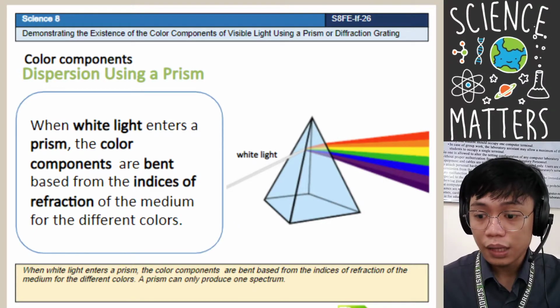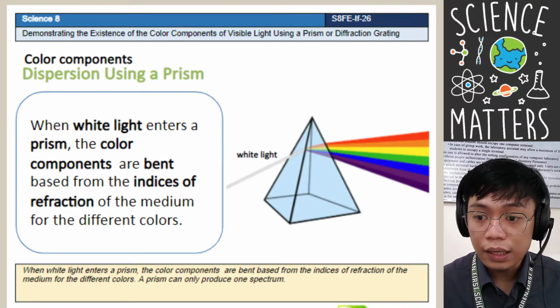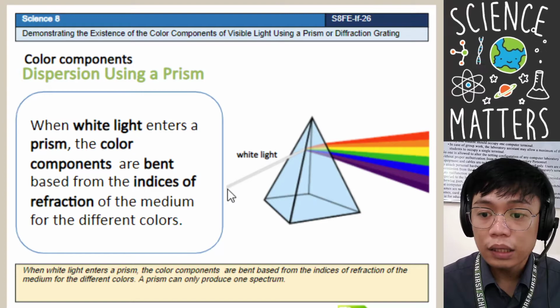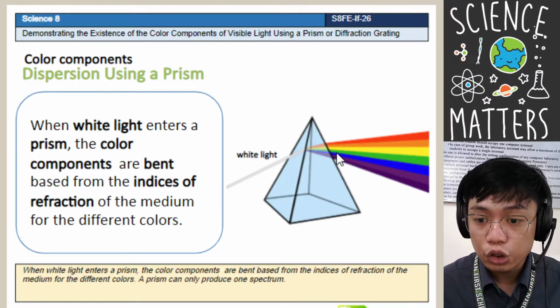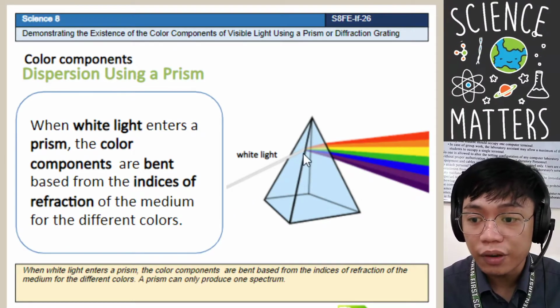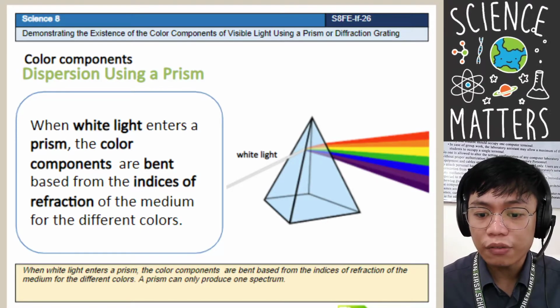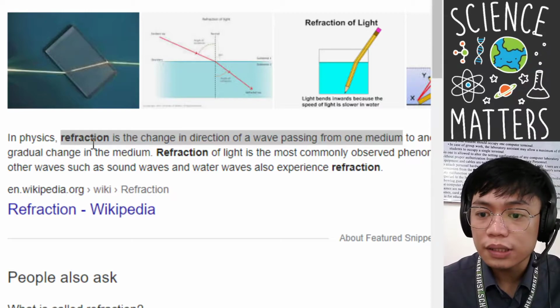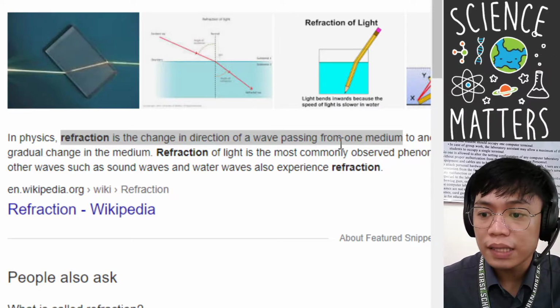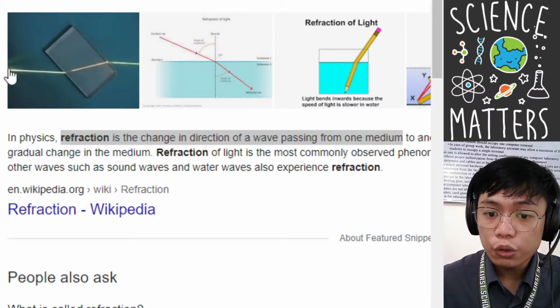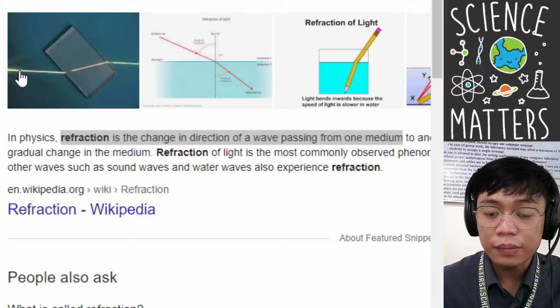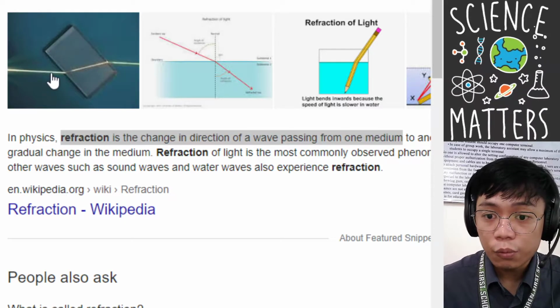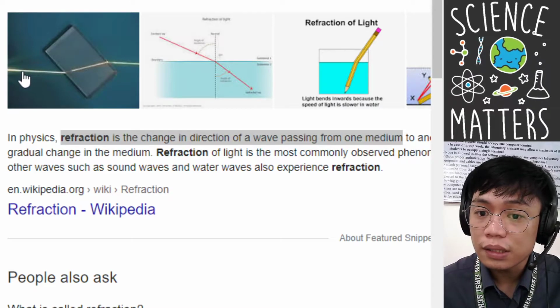So like I mentioned earlier, it is basically the refraction, or the indices of refraction. So what is refraction? When we say refraction, it is the change in the direction of a wave passing from one medium. So the light wave coming from that white light will pass through this, right? As you can see,